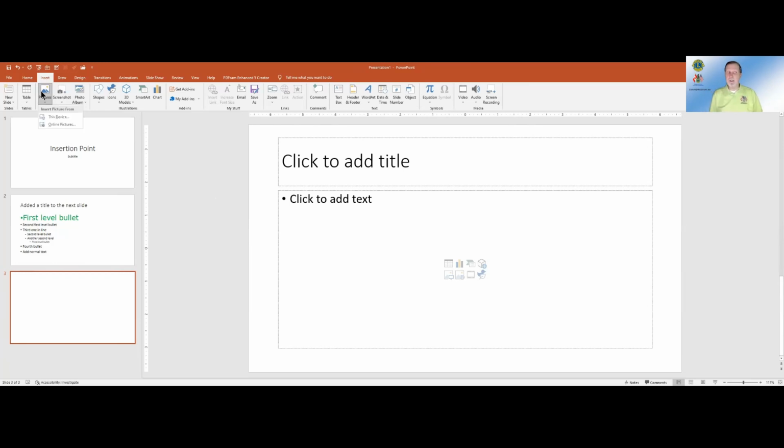It first asks, on this device, on my computer, or online. Yes, you can download pictures from the internet. The only thing that you need to be aware of is that most of the pictures that you can download and use in a PowerPoint slide, most of them are royalty and copyright free.